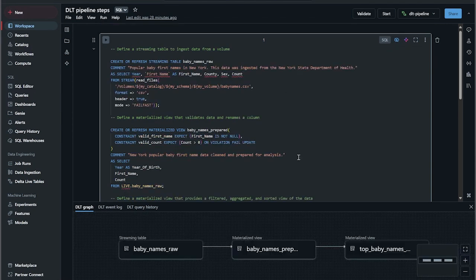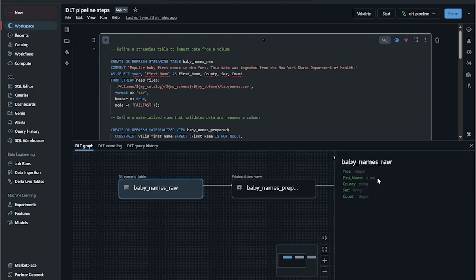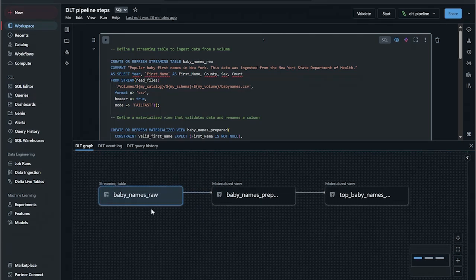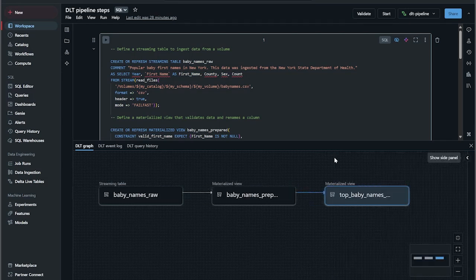All right, looks like our validation passed because I can see an actual graph at the bottom. And this is the awesome thing, right? So I set up all the steps in the actual pipeline itself, but now it even defines these for me. I can even get in here and see the schema objects behind this and get all the processes back and forth. So now I can see the streaming table that was created, the baby names. So this updated table, and I'll show the schema for the top baby names.